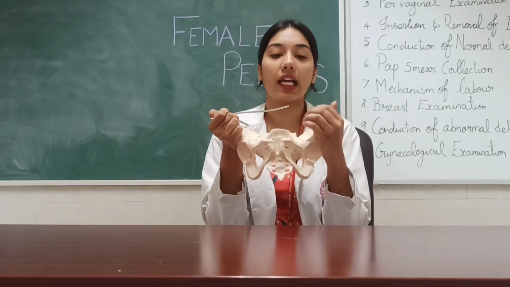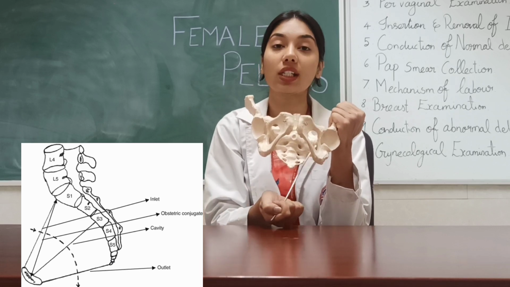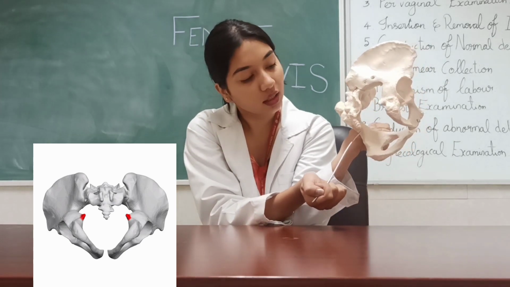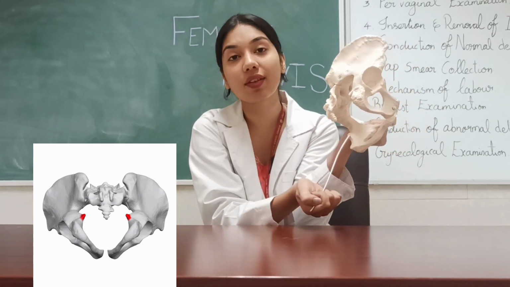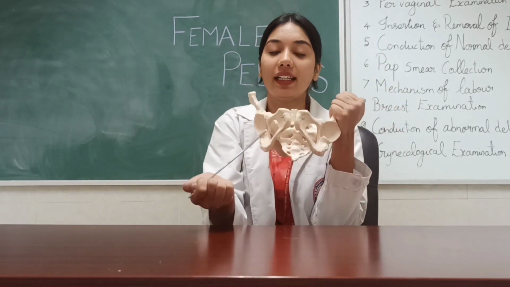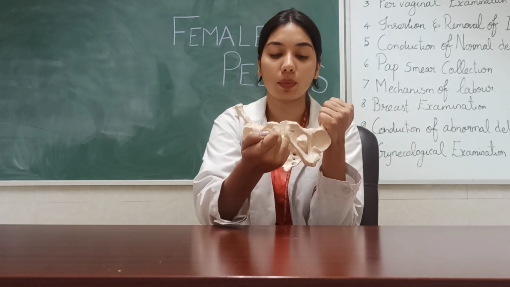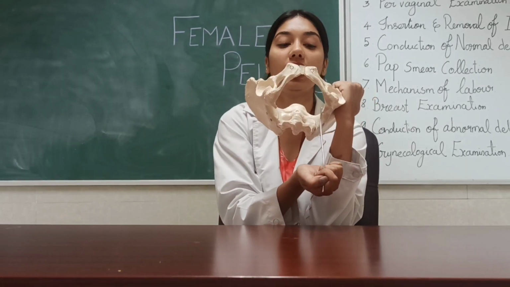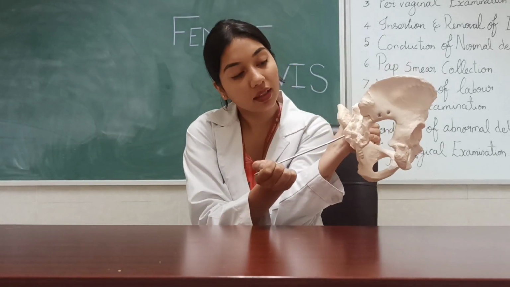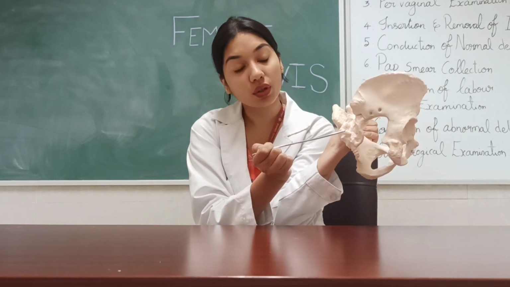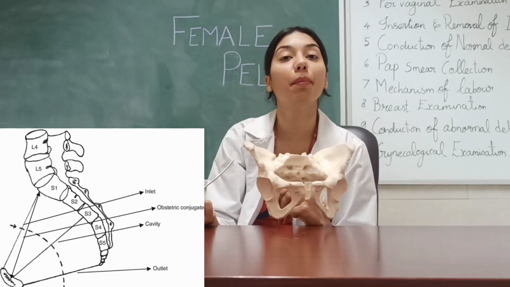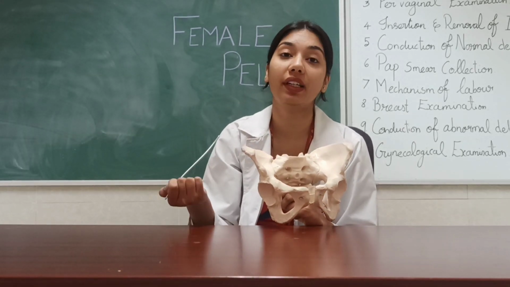The mid pelvis lies at the level of the ischial spines. Here you can see these are the ischial spines. These conical bones are the ischial spines. They have very much significance that I am going to tell. The mid pelvis extends anteriorly from the lower border of the symphysis pubis, laterally by the ischial spines, and posteriorly between the fourth and fifth sacral vertebra. The mid pelvis is also known as the mid-plane or the plane of least pelvic dimensions.